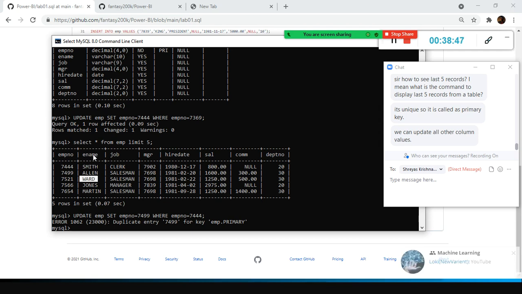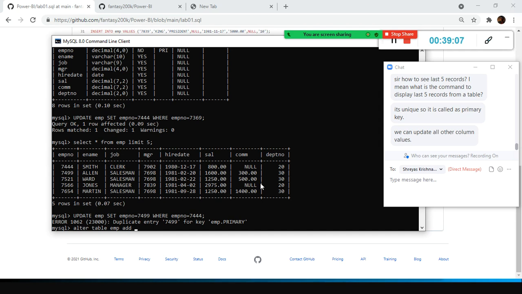Ideally we can add another column, first name and last name. We need to rename this column as first name and add another column for last name. How do I create another column? Alter table. See, if you watch here very clearly, you should tell all the commands also.